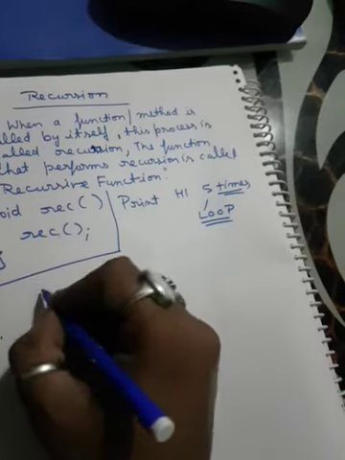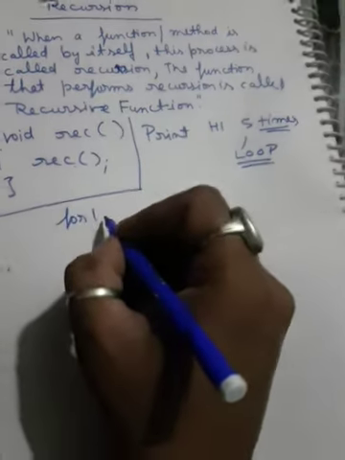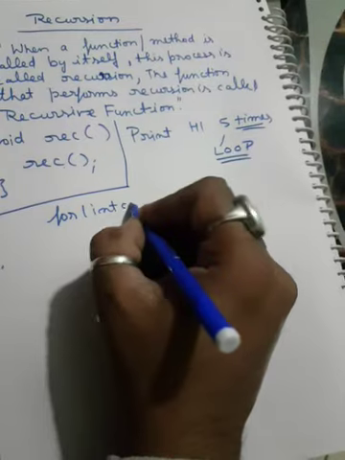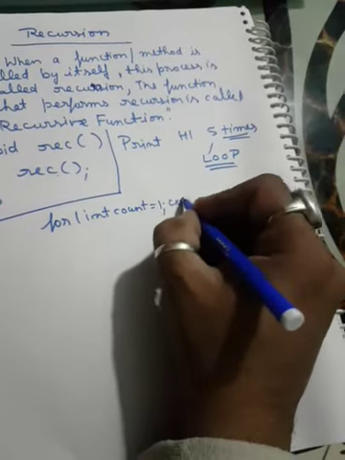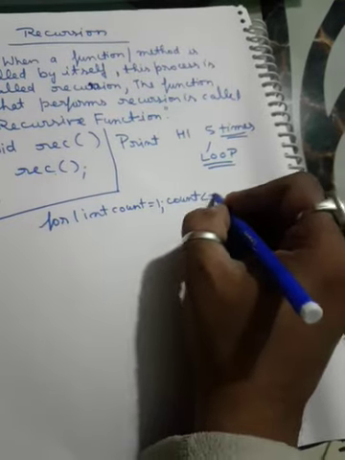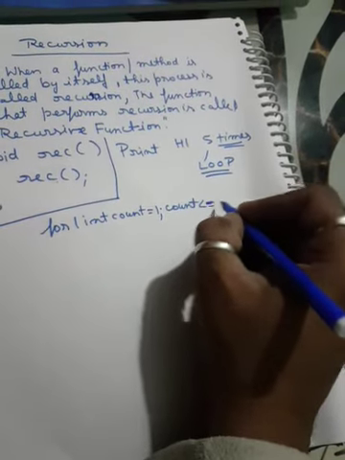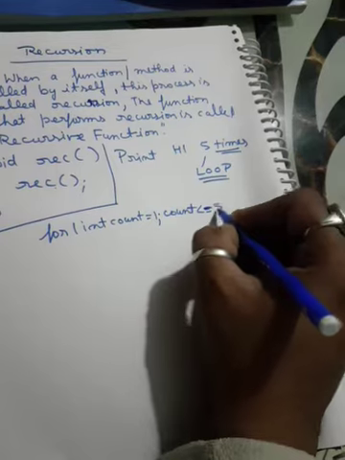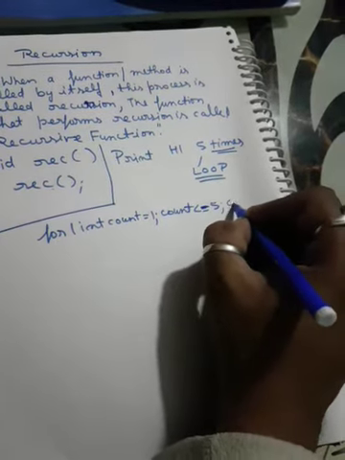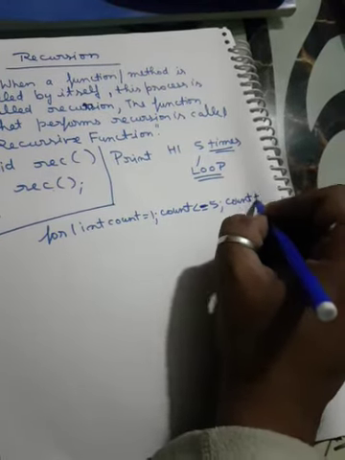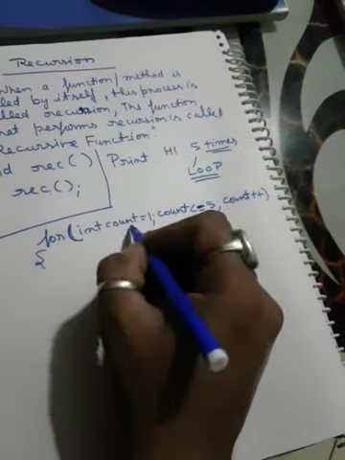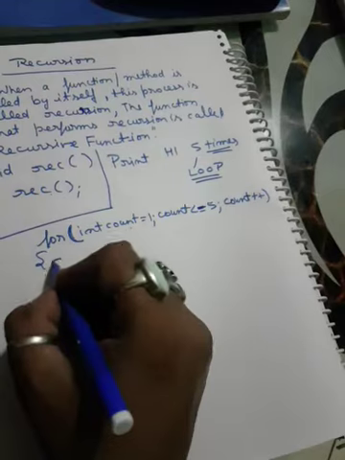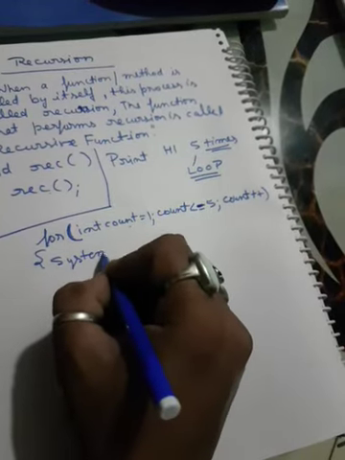I design a loop here for int, and I take a loop variable count, initialize it with value 1. If you have any problem with the loop, please watch my video of looping, and then up to 5. So then count plus plus. So for loop with initialization, test and update, what it is doing, it is printing